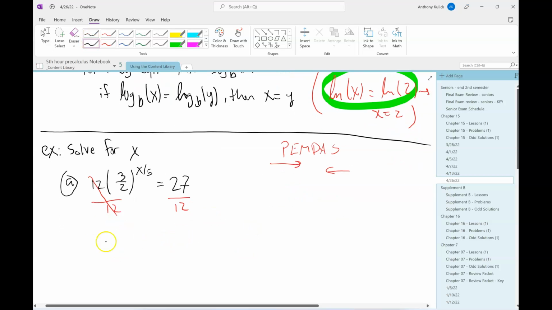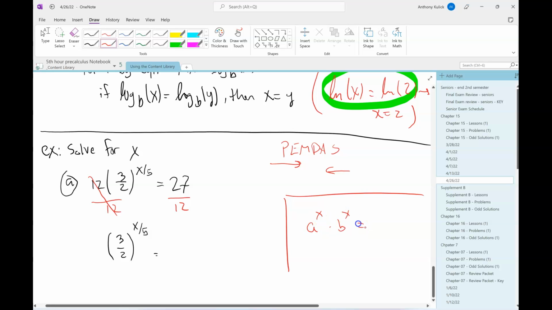What would be worth mentioning here: is it okay to multiply the 3 over 2 to the 12? Can I just multiply those two numbers together? No, why not? Yeah, very good. So remember, the way that we multiply things together